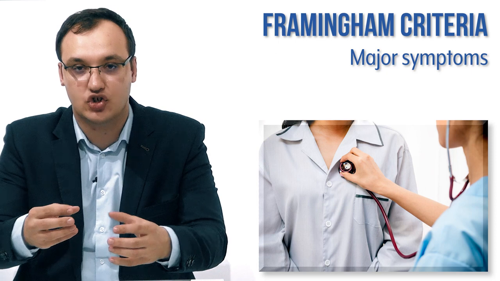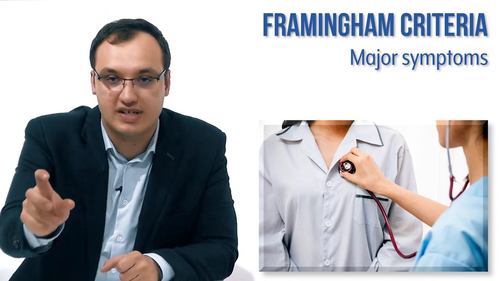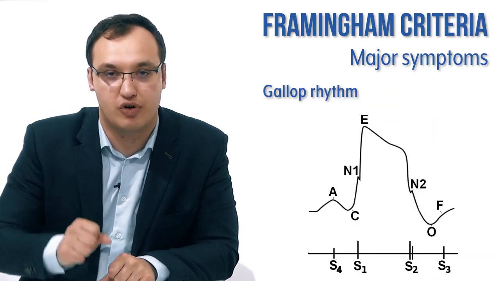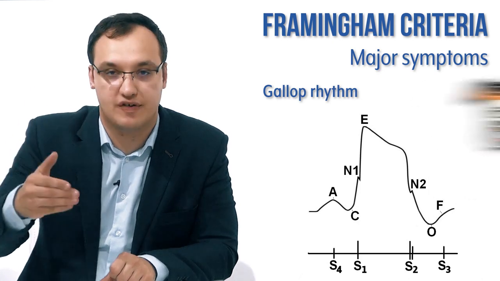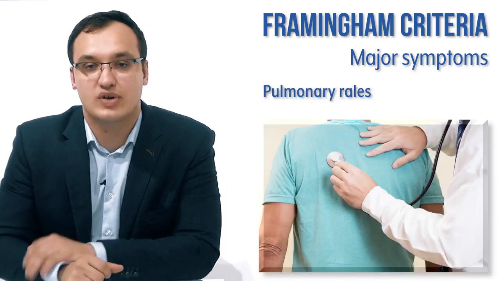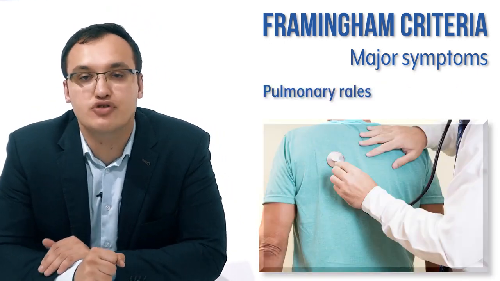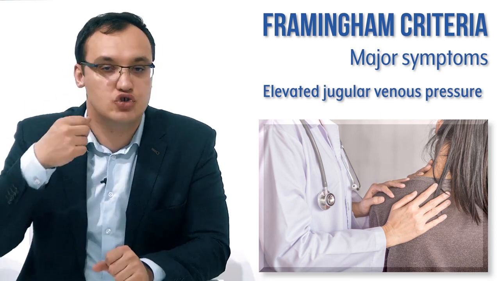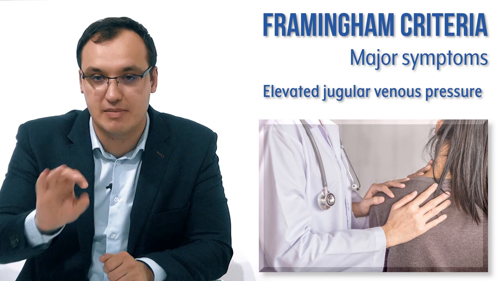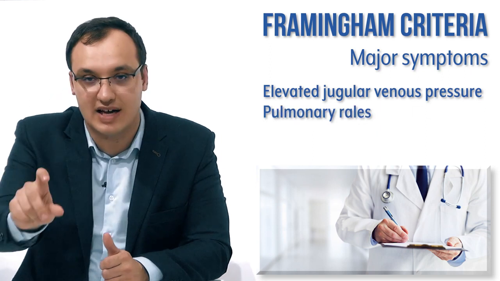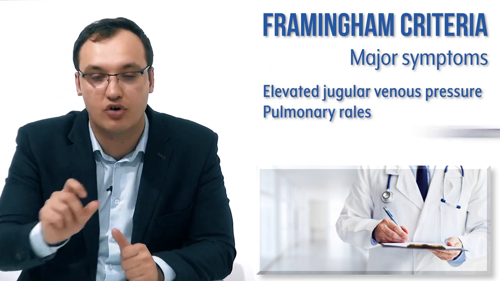Also, when we examine the patient, we auscultate, for example, the heart. We hear third heart sounds, gallop rhythm. Sounds like a horse galloping when you listen to the heart. Or when we auscultate the lungs with the stethoscope, we hear pulmonary rales. Or when we check the venous pressure in the jugular veins, we see an elevated jugular venous pressure. These are the three things that we can immediately look at when we look at the patient. Elevated jugular venous pressure, pulmonary rales in the lungs, and third heart